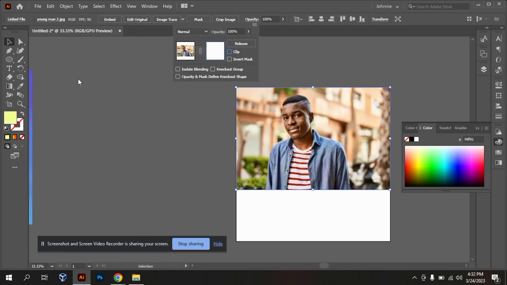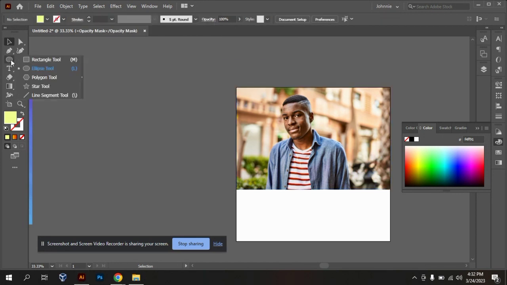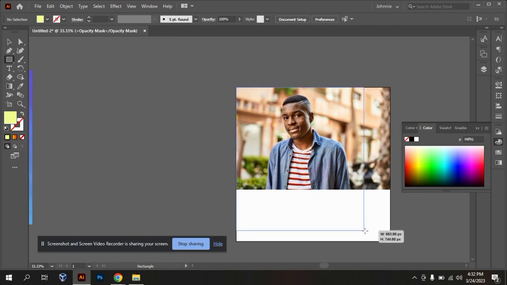Can you see now? Then come to shape here, come to shape and draw a rectangle tool that will overlap all the image. So can you see now? Have you seen what I've done earlier? Good. So now after drawing this rectangle tool here, okay, come to this area, our color palette area here,